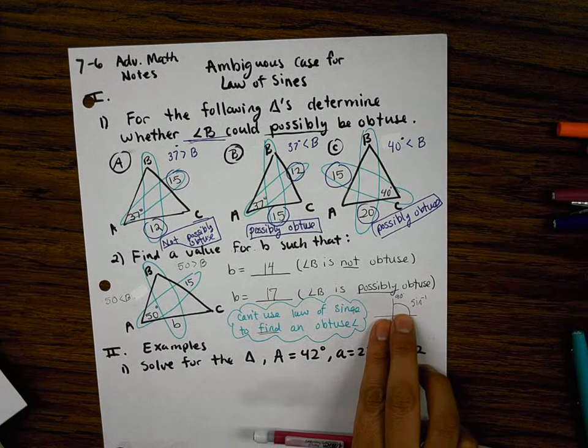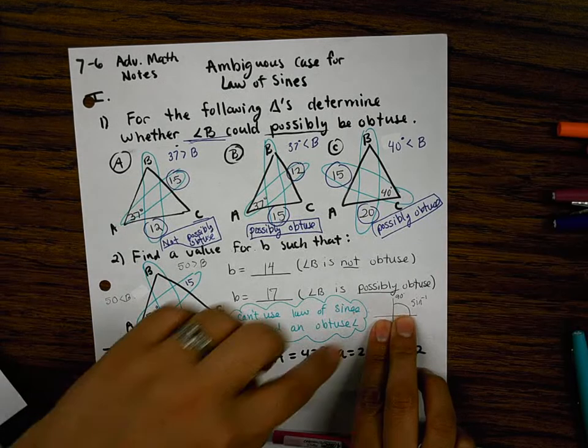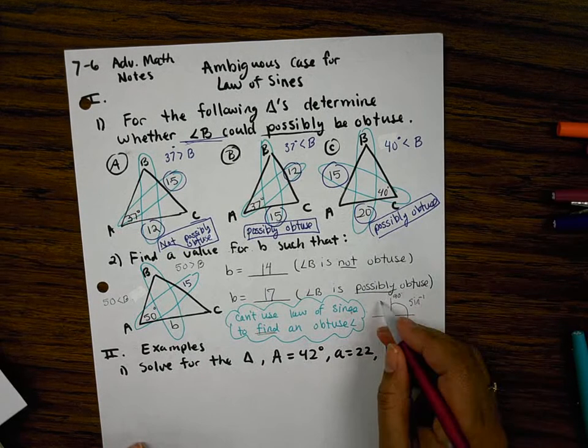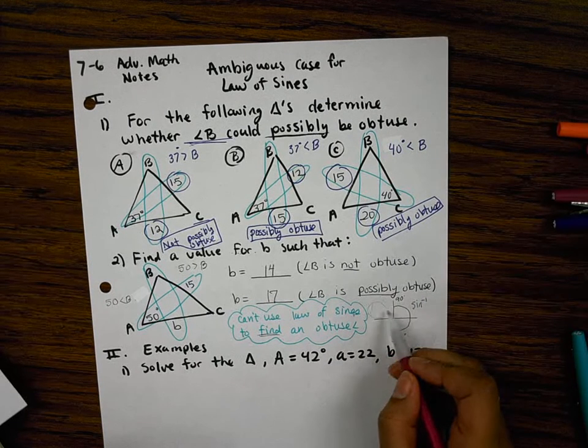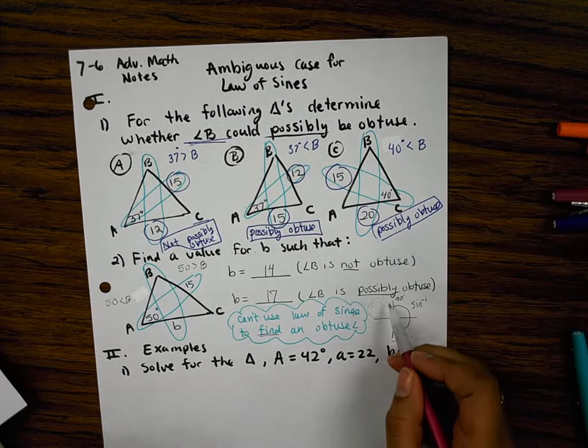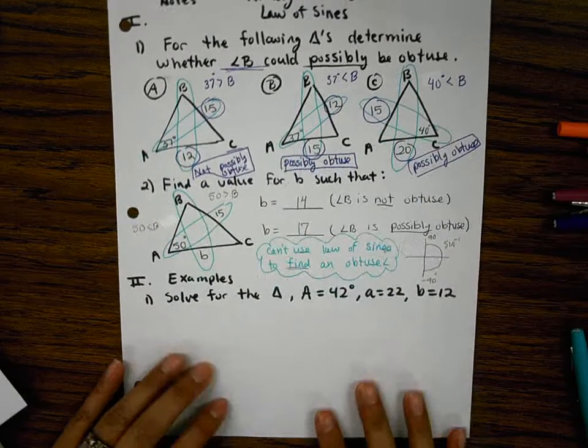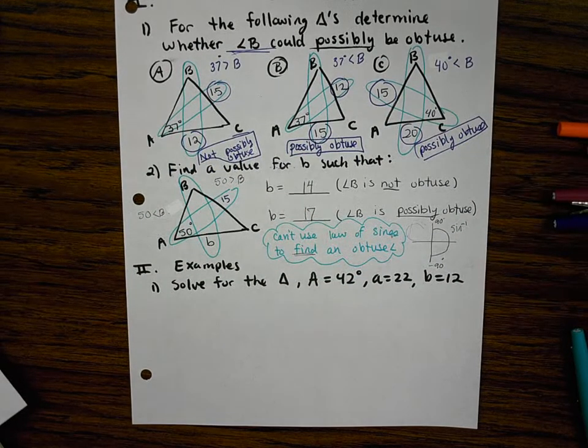positive 90. Now, we don't get negative answers in this unit. We only end up with, well, as far as angles go, angles in quadrant 1, which, again, are not obtuse angles. So, again, you cannot use law of sines to find an obtuse angle. It's not going to work. It's never going to give you an answer out here, which means you're going to do what I'm about to